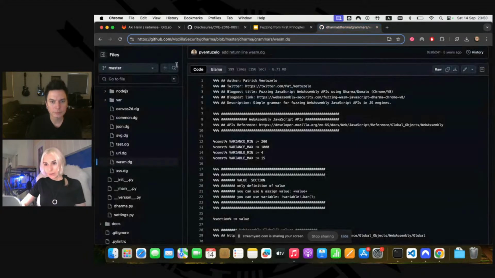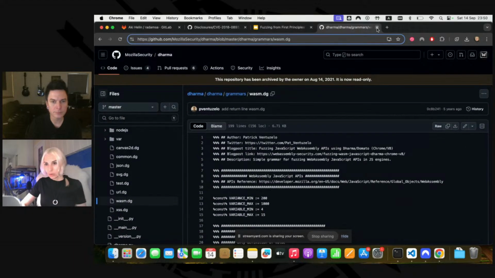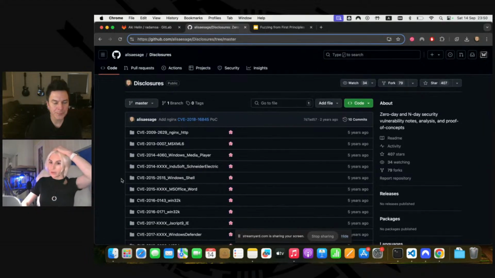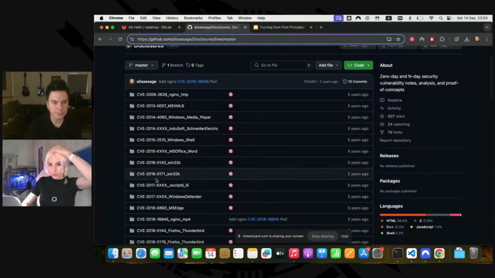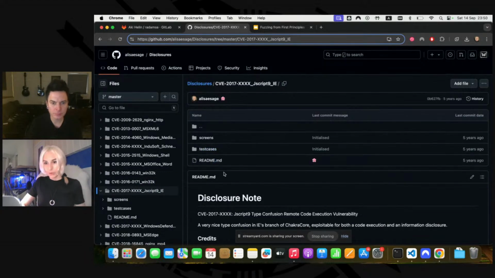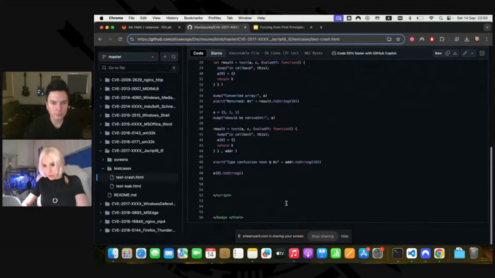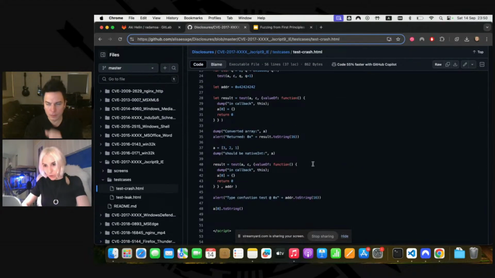An example here is I can show you in Microsoft JavaScript 9. This is a library that is used inside of Internet Explorer and in some other things as well. It's from 2017. For this bug, by the way, I wrote the exploit, which is in another repo, and it demonstrates remote code execution. But here I'm just going to show you only the basic crash. Actually, it's not so basic here. I added some logic to demonstrate things.